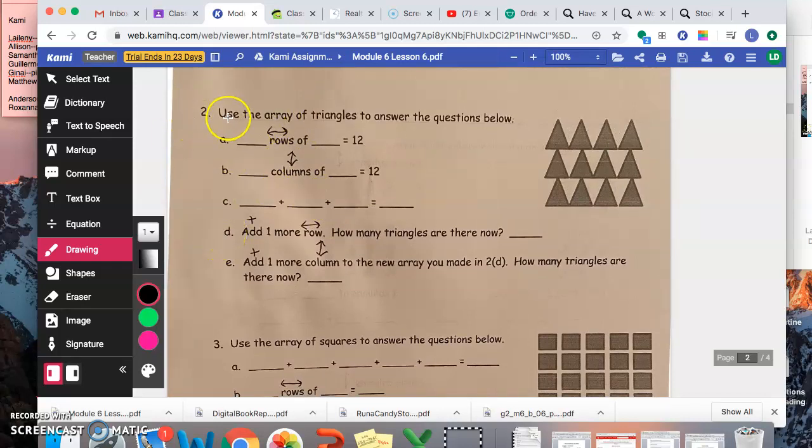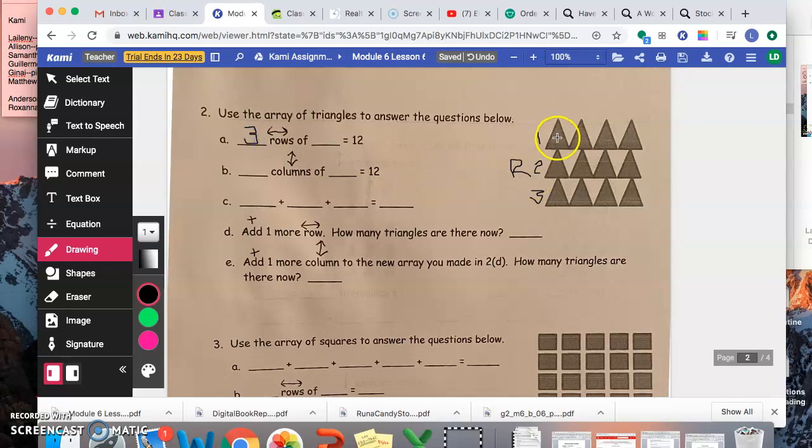So for this it says, use the array of triangles to answer the questions below. There are blank rows of blank equals 12. So remember, rows, how many rows are there? Rows are going across, okay? So this would be a row. 1, 2, 3. So there's 3. R for row because they're going across, okay? So there would be 3 rows